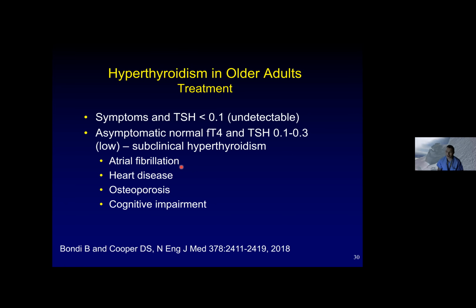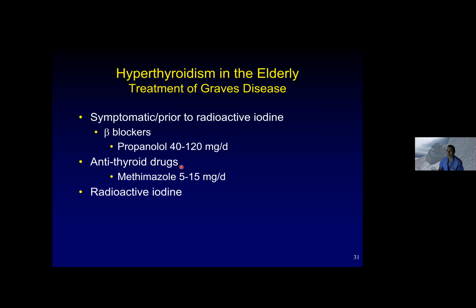So a clinical judgment is important here in looking at the patient and other comorbidities to make a determination as to whether the patient needs treatment or not. At a minimum, the patient will need close follow-up for this. For patients that are symptomatic or that have had radioactive iodine before, beta blockers can ease some of the symptoms like the tremor, the nervousness, the tachycardia, and the preferred agent is propranolol in doses of 40 to 120